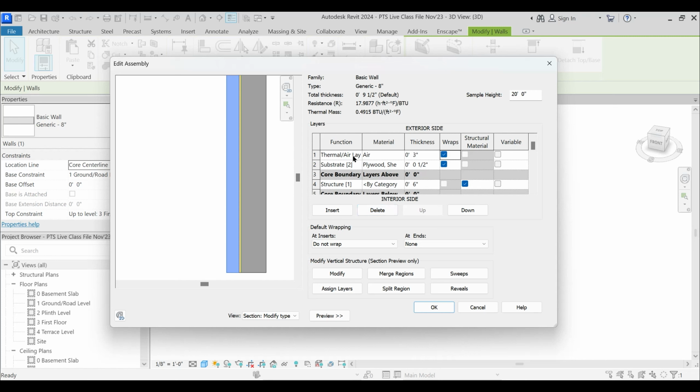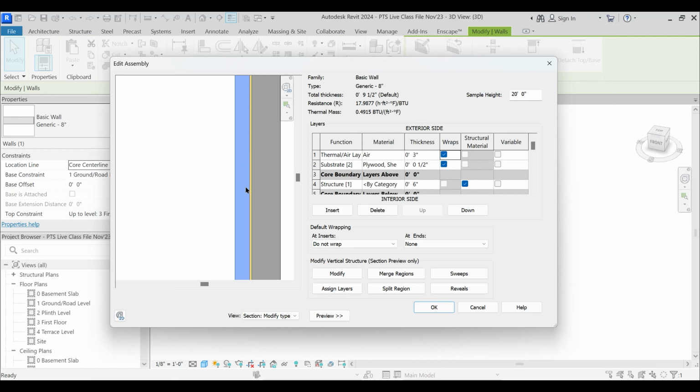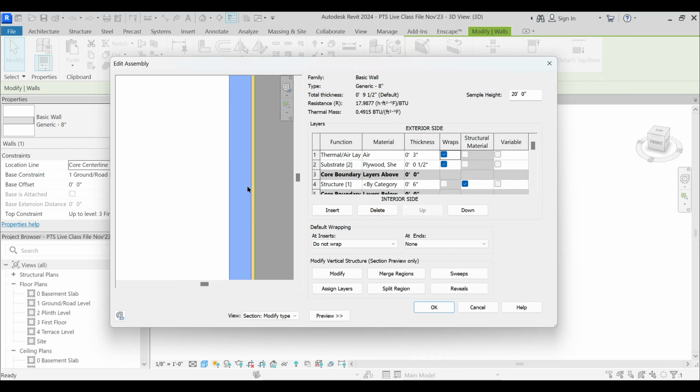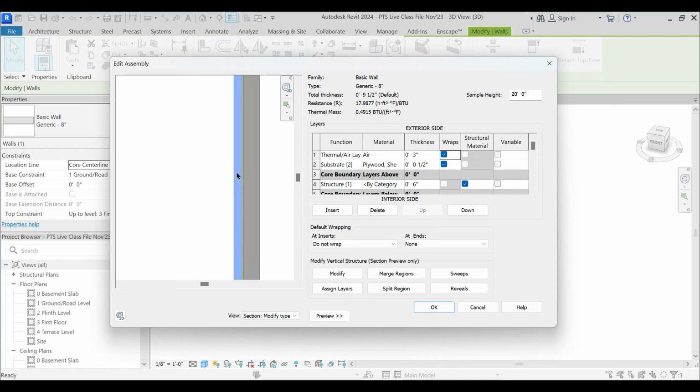So thermal air layer is provided for heat and cold insulation, not sound insulation, but heat and cold insulation. That is, it might happen that your structure might be in an extremely cold region or extremely hot region. Then you don't want the outside moisture or outside temperature. You want to control the temperature between outside and inside, and you don't want the outside temperature to penetrate into the building. So at that time, you provide this thermal air layer. That has a thickness of 75 inch.